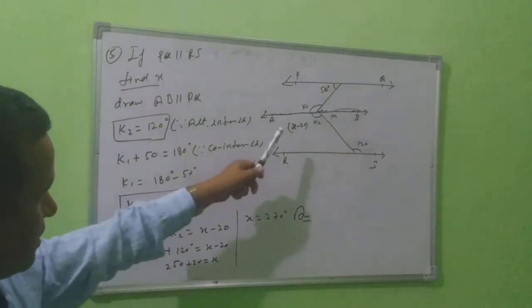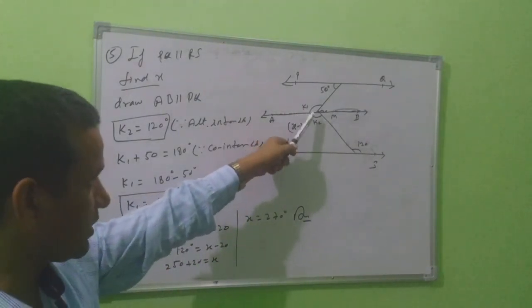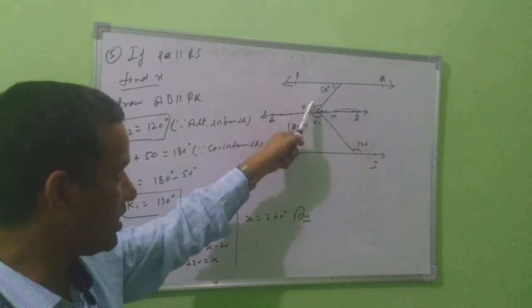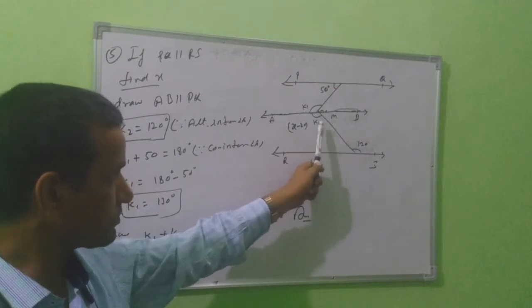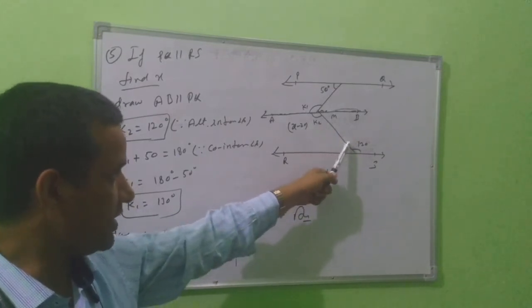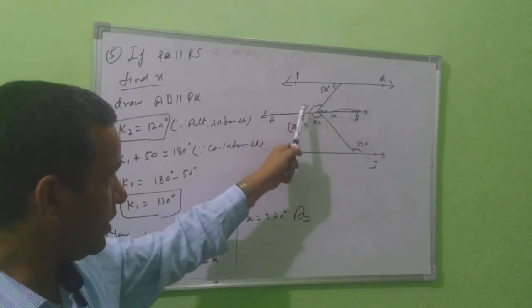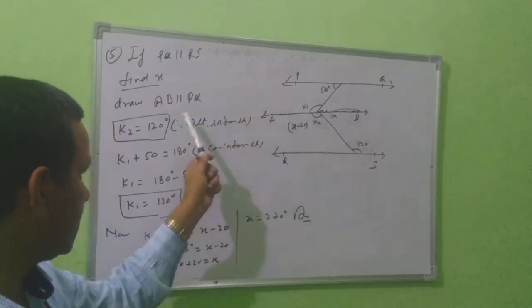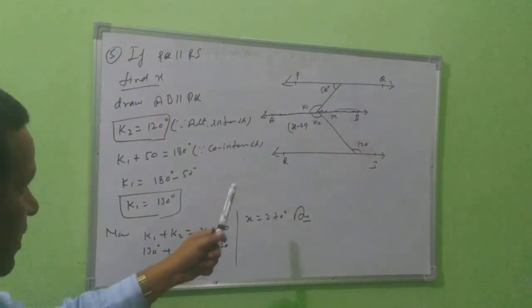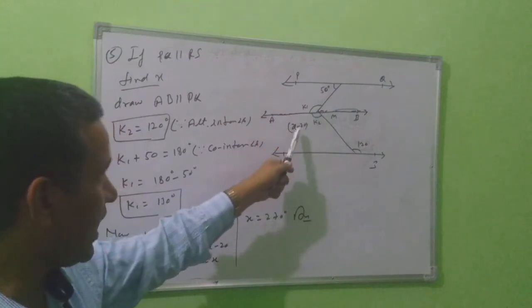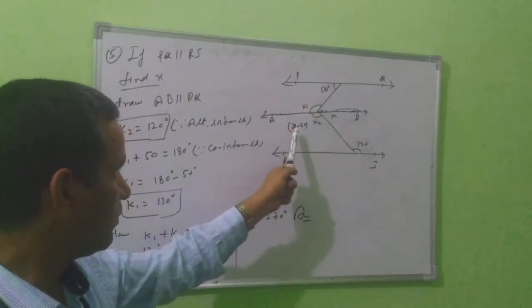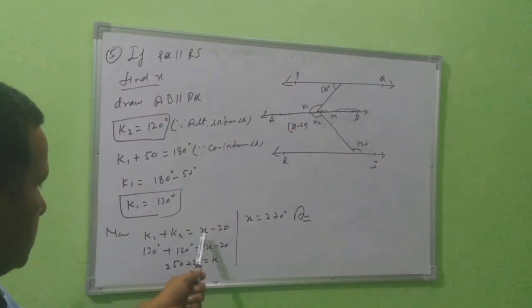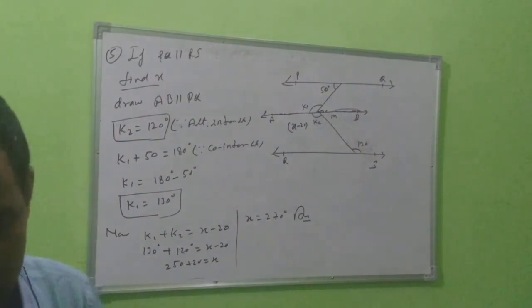According to this, we have divided this angle into two parts, K1 and K2. This and this angle have the relation of co-interior angles, and this and this angle have the relation of alternate interior angles. So you have found both K1 and K2 with this help. Then you add both numbers, which is the total angle given here, x minus 20. The value of the complete reflex angle of this is 120, x minus 120. Using this relation, find the value of x. Just note down.